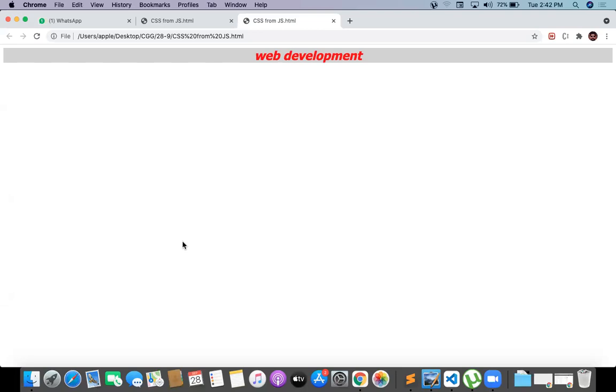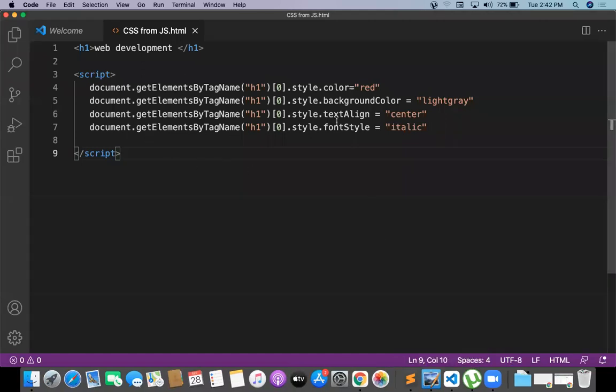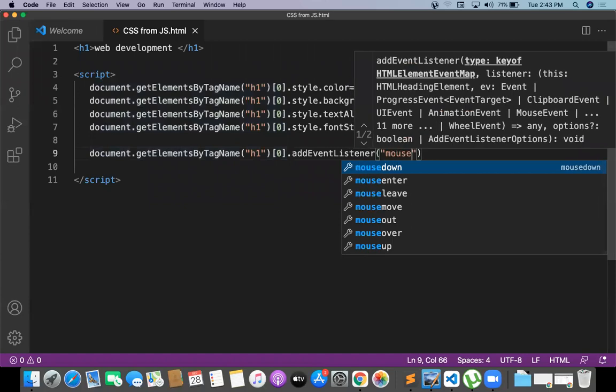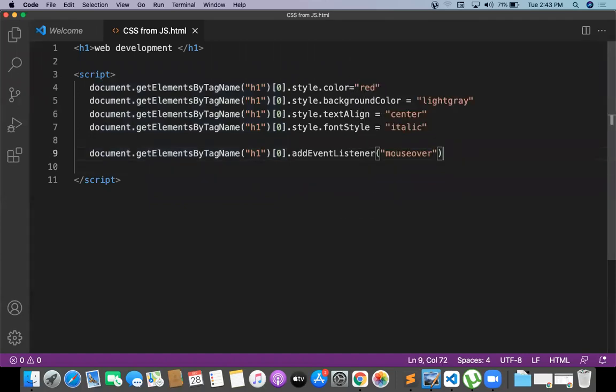Everybody got clear? What I'm doing here is very simple. I want to try to write an event now. That event is the mouse over event. Let me try to write a mouse over event on top of this one. Here I'm providing an element.addEventListener. That event is mouseover. And I want to write a function, comma, function 1. Okay, so let's work with the function fun1, which is going to have something.